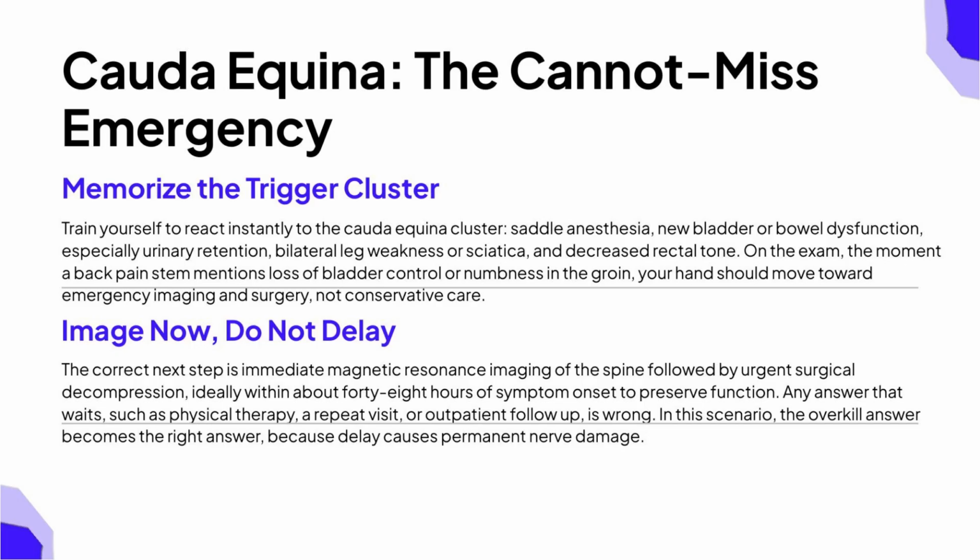The correct next step is immediate magnetic resonance imaging of the spine, followed by urgent surgical decompression, ideally within about 48 hours of symptom onset to preserve function. Any answer that waits, such as physical therapy, a repeat visit, or routine follow-up, is wrong. This is the one scenario where the aggressive answer becomes the correct answer, because every hour of delay risks permanent